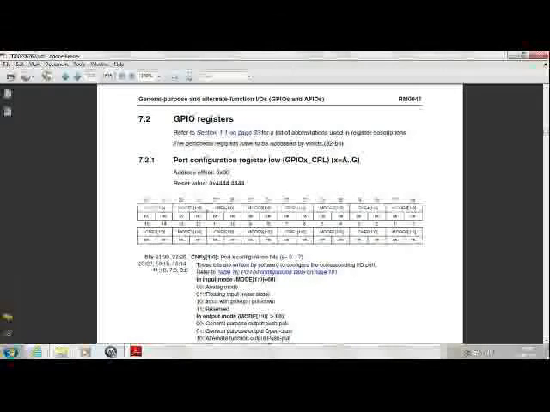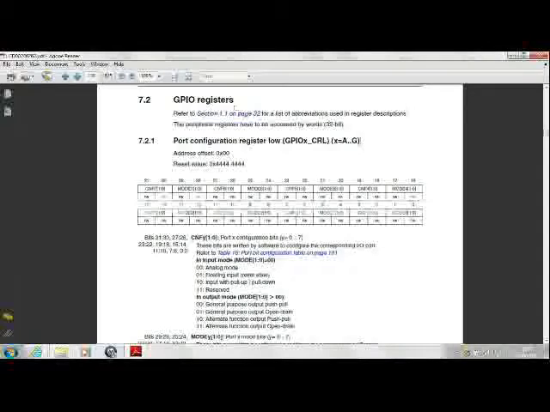Now to configure your port pins to work as high or low, you have to configure the corresponding registers called the GPIO-X registers. Remember, the device that we are working with on the kit is a medium density device, and it has ports available from A to E. But this manual will show that X can take a value of A to G in this GPIO-X, because the high density devices do allow you ports up to G. The first register that we would consider is the port configuration register.